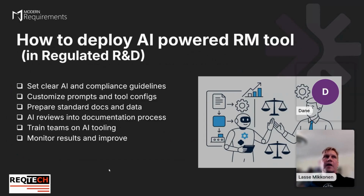Finally, I rush forward so we can keep the timeline. So then if you start to think about how to take this tool in use, there were a lot of features, but where to start and how to build those capabilities in regulated R&D, where we definitely need other structures than just tooling. So when building up and thinking about the AI usage, of course, start from the clear